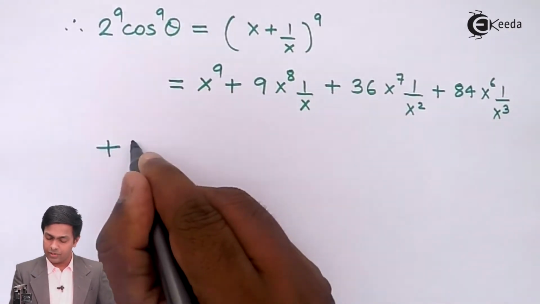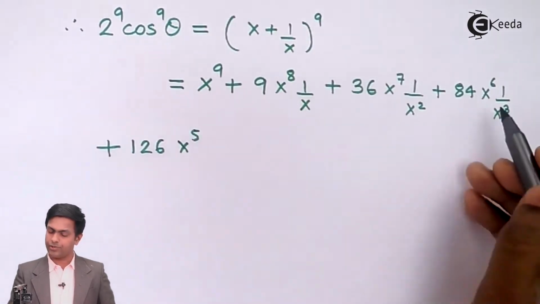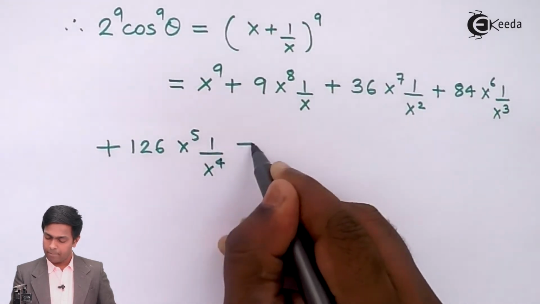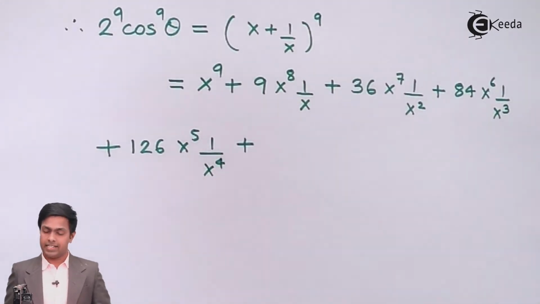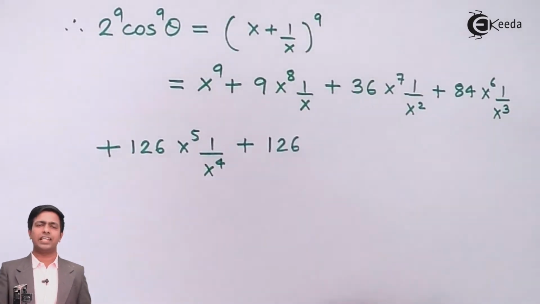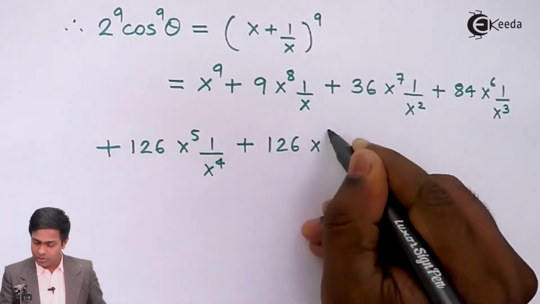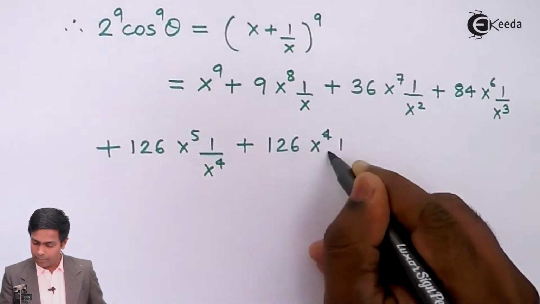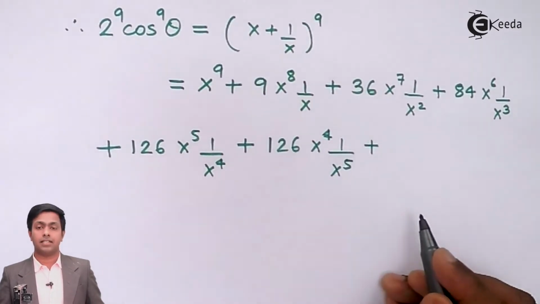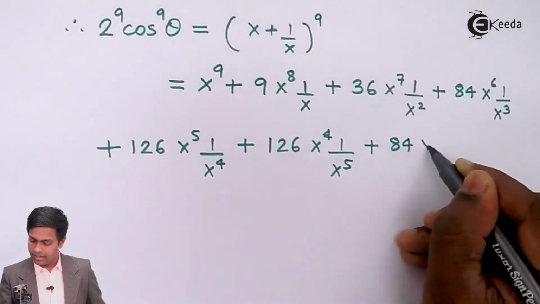9c4, which is 126. Then x raised to 5, I am reducing the power, and that is 1 upon x raised to 4. Then 9c5, which is again the same by the property nCr is equal to nC(n minus r). So x raised to 4 into 1 upon x raised to 5, plus 9c6, which is 84, x cube